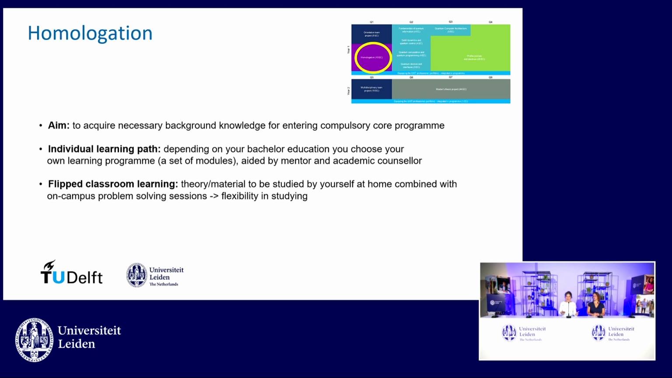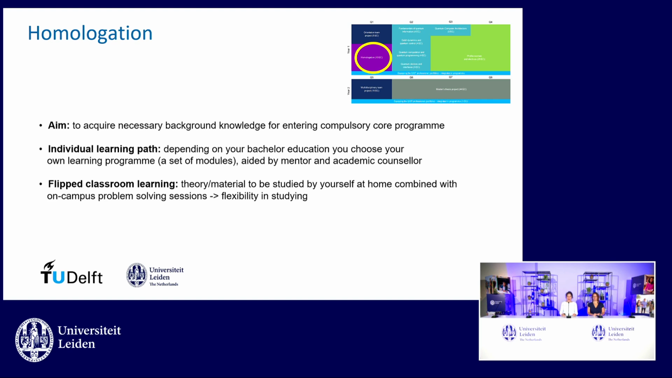So if you have a bachelor in physics, you will typically do modules on quantum information theory, you will do a module on electrical engineering circuits, and you will do a module on advanced mathematics. If you come from electrical engineering, let's say, in the first quarter, homologation, you will do something on quantum physics, because that's probably something you didn't learn much about in your bachelor program, and also do quantum information theory and computer architectures, and so on. If you come from computer science, you again choose your own set of